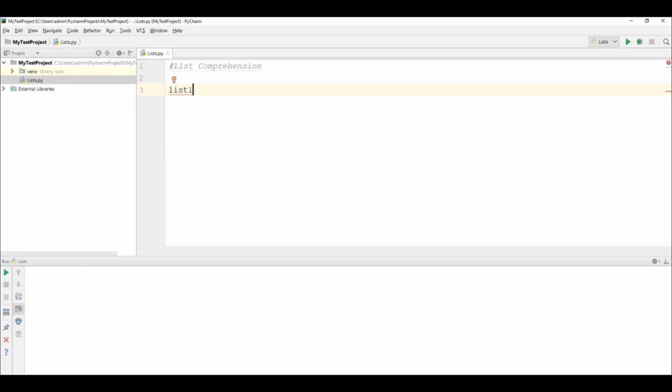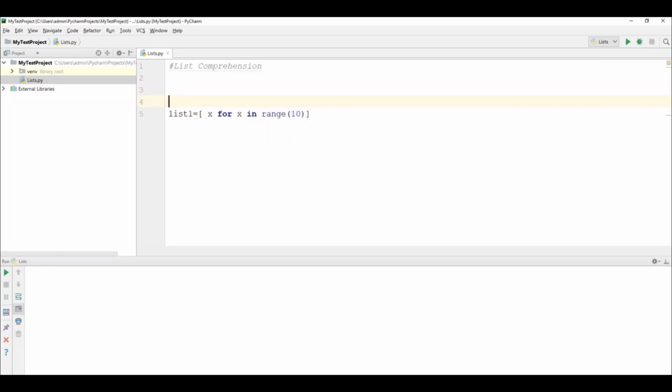In the list, one variable I created. So in this variable, I want to have a few numbers. Right? So what are those numbers? I will generate those numbers by using a for loop. So what I can do here is x. How to write a for loop? We can write like this. x is a variable, right? x for x in range, let's say 10 here.